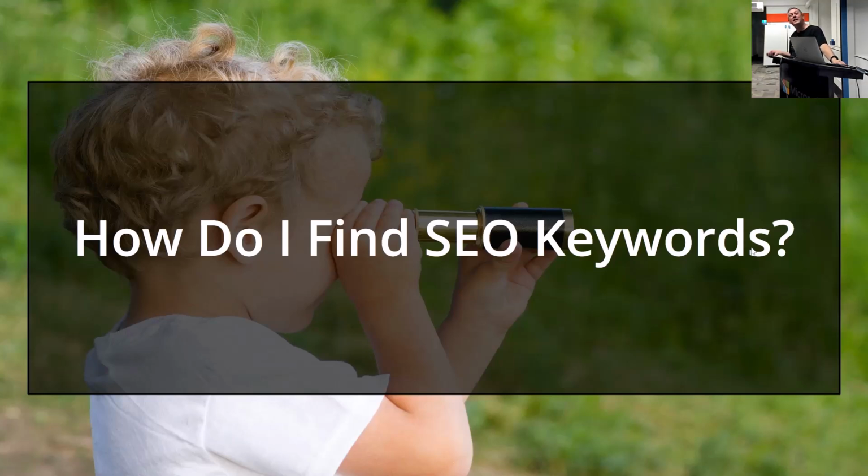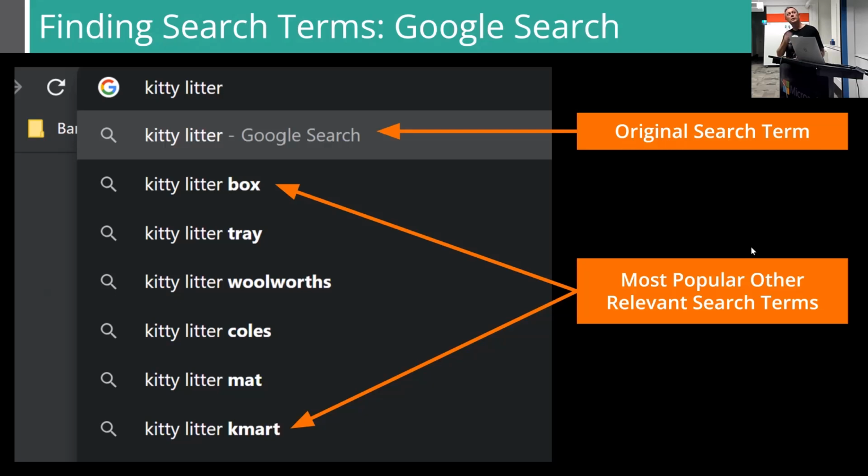Okay, so how do you find your SEO keywords? A lot of people get stuck on this. So, okay, this is all good. I know what to do now, but how do I find the keywords that are relevant to me? Google helps with this. So once you understand your ideal customer, you should understand what problems they have and what goals they want. That gives you a rough idea, with your products and services, of some keywords that they're going to type in to try and find solutions to their problems or achieve their goals. In Google, you type in your general keywords for this, and I'd be keeping a spreadsheet for all this, just list them all down. But when you type into Google, it will then auto-complete a list down below of the most recent and relevant additional keywords for that.